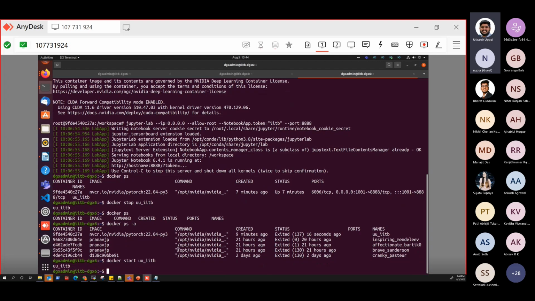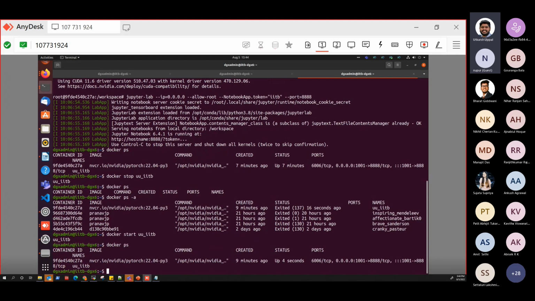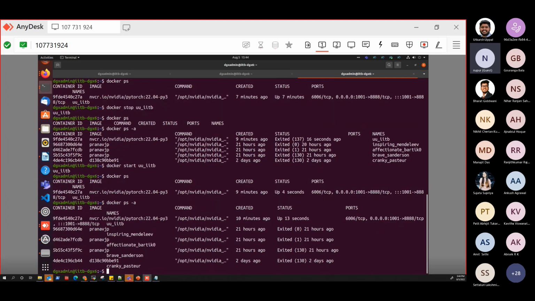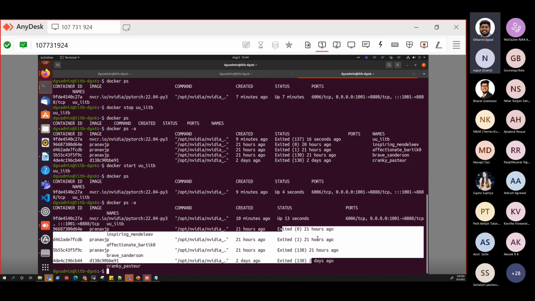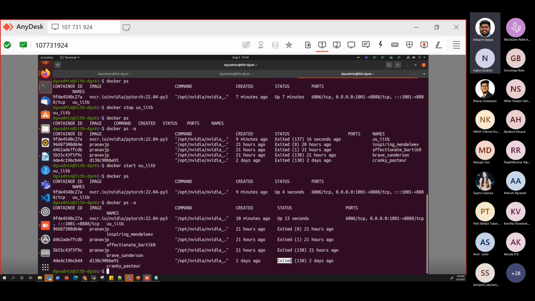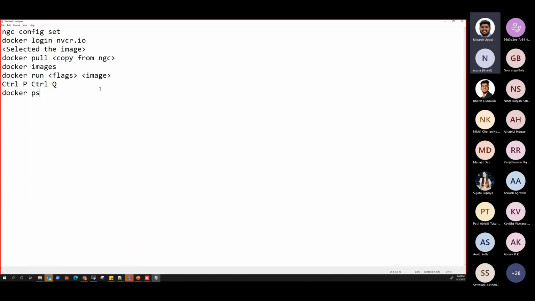If I now write docker ps, you will see the container was created 9 minutes ago, and now the status is up. The same thing will reflect in docker ps -a. Now this container's status has changed to up 13 seconds ago. But these other containers were exited 21 hours ago, someone exited 2 days ago, and all these things can be monitored by the admin. So I showed you docker ps -a, docker start,